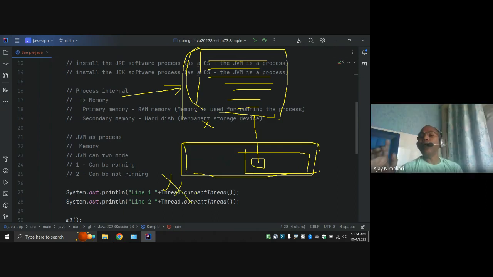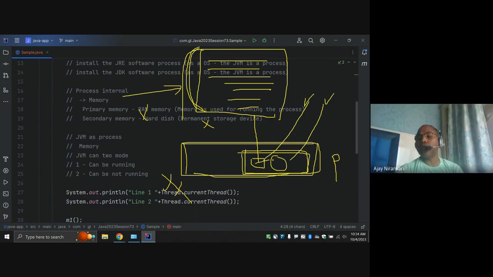This is the beauty of Java applications: whenever your application completed, the thread automatically closed. Whenever your JVM doesn't have any thread, the JVM process automatically closes when all its child threads are completed. Let's say you created two threads, thread one and thread two.